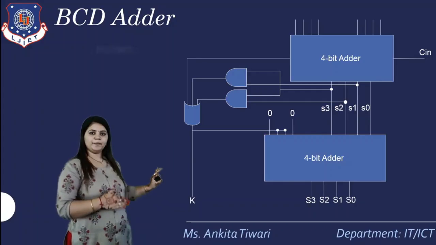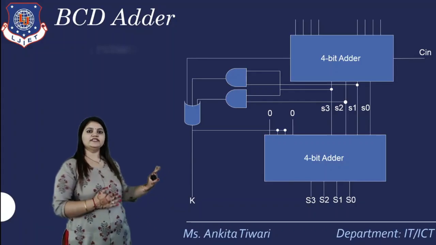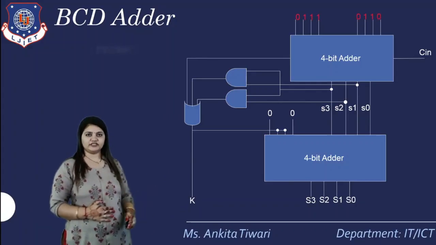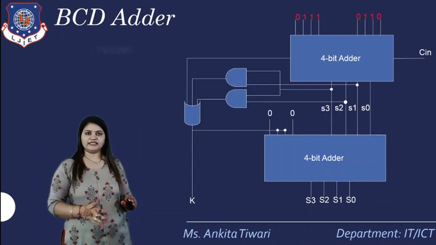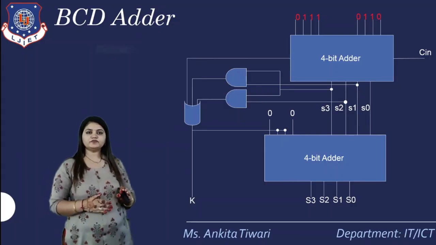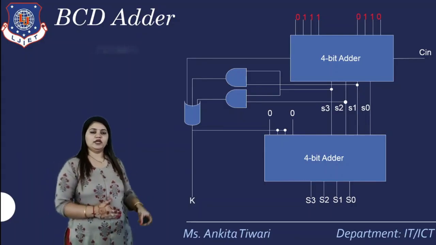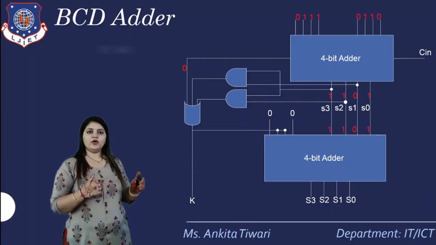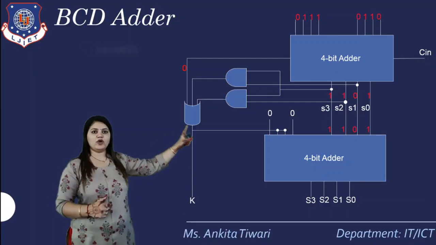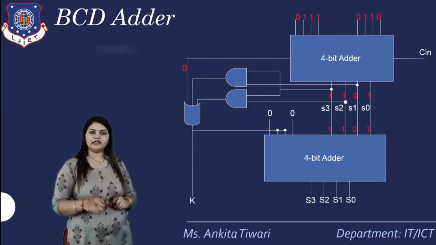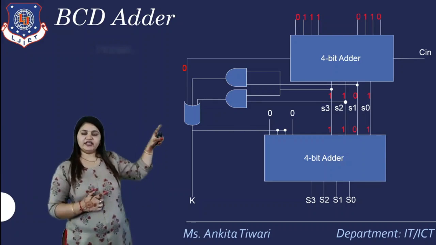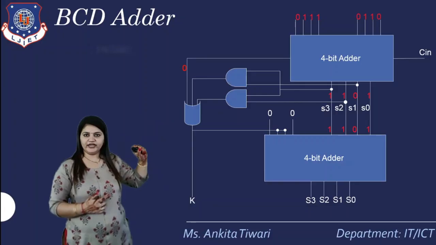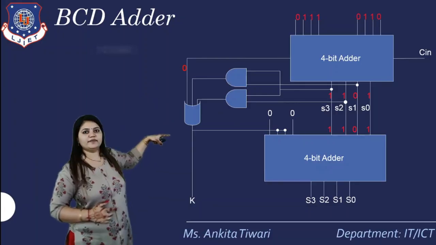Now this is the proper BCD adder. Now we'll see how it goes. We'll take first the two values. I have taken a random example, that is 0111 and 0110. It goes into the 4-bit adder. As you can see, S3, S2, S1 and S0, you will get the 4-bit number as 1101, and we'll see whether we got a carry bit. No, we didn't get a carry bit. So as you can see here, 0 is passed.